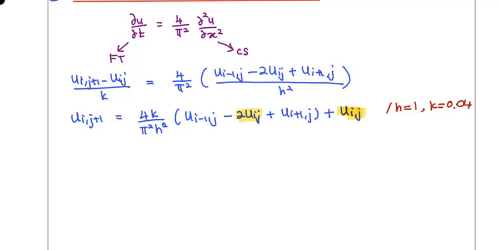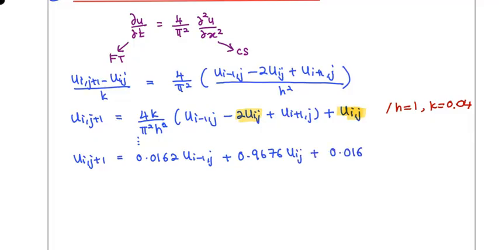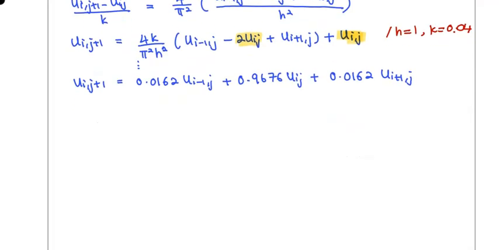So the final equation should be, and I give you the simplified value here in the form of decimal, after a few steps you should get 0.0162 u i-1,j plus 0.9676 u i,j plus 0.0162 u i+1,j,